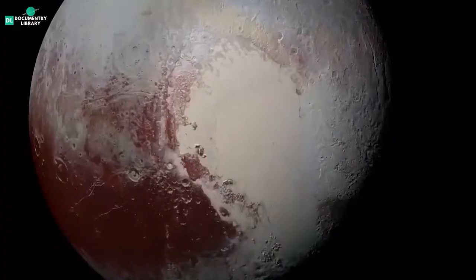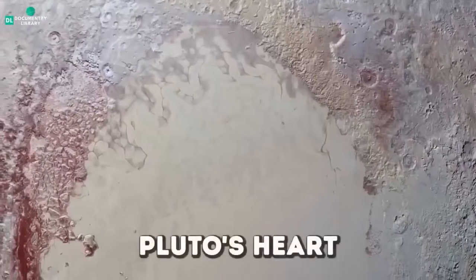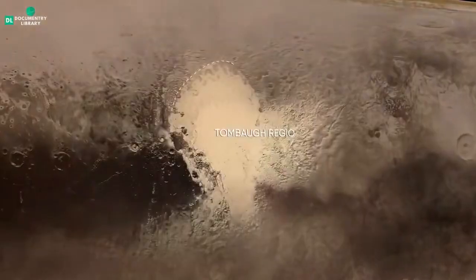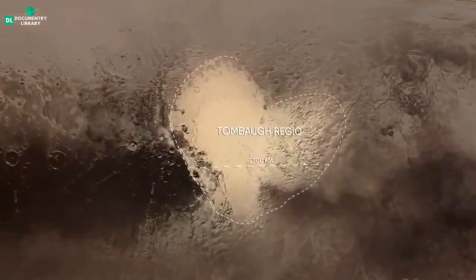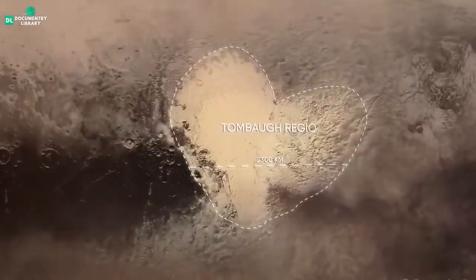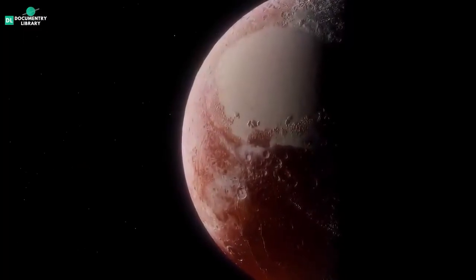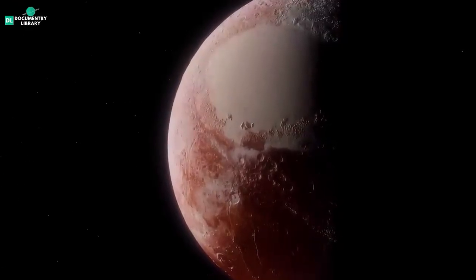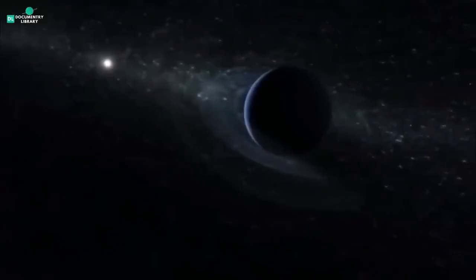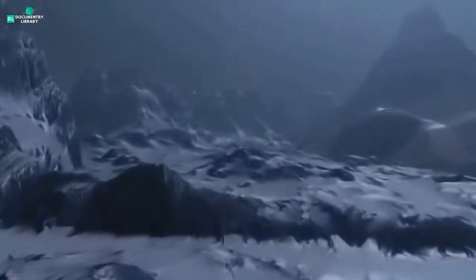Let me tell you, there is a heart-shaped formation on Pluto's surface, which is also called Pluto's heart, and its length is about 1,000 kilometers. Along with that, Pluto's heart is located on the brightest part of Pluto, which makes this area clearly visible. Friends, there are many more mysteries like this hidden on Pluto, which scientists are continuously trying to discover. This planet, orbiting in the pitch darkness of space billions of miles away from the Sun, still raises many questions